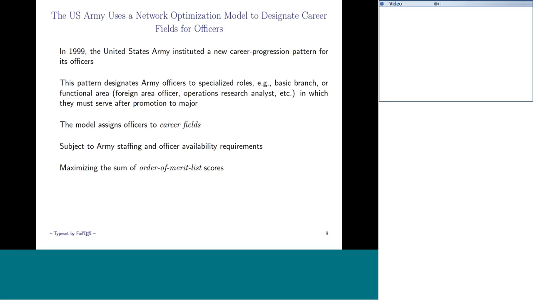So what we do with that one is we minimize the penalties associated with the deviations from the constraints that we've marked with a dot over the relational operator. And later on, I'll show you some solution techniques and some results. So we'll hold that thought for a minute and go on to the Army model, the personnel planning model that